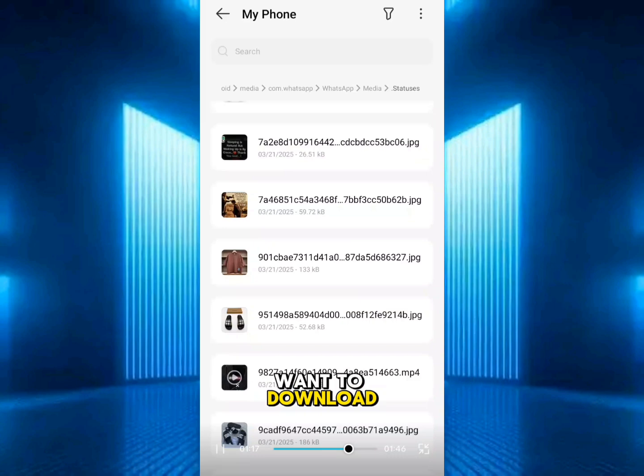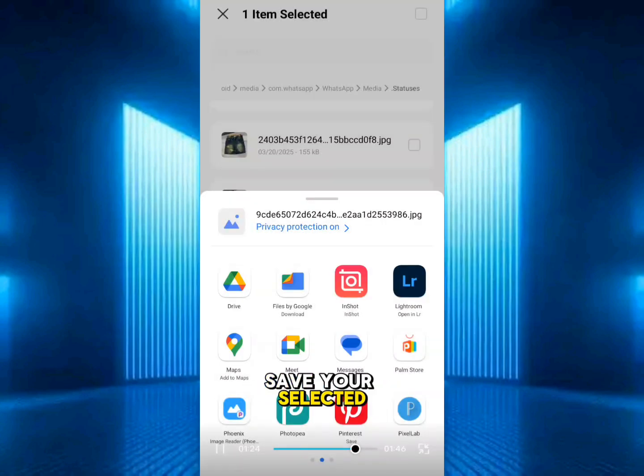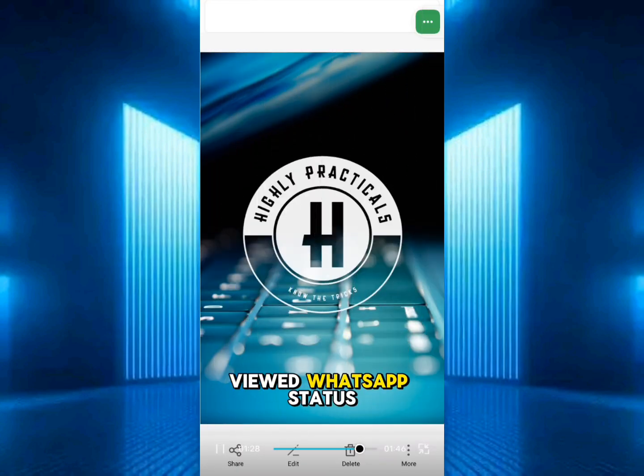And if you want to download any of them, just long press on the file. Then, click on the share icon and select the app you want to save your selected file. Following this simple tutorial will help you to save your viewed WhatsApp status using your File Manager application, without using